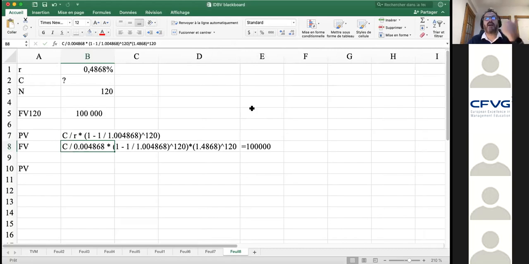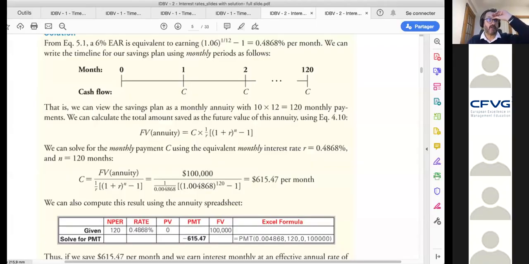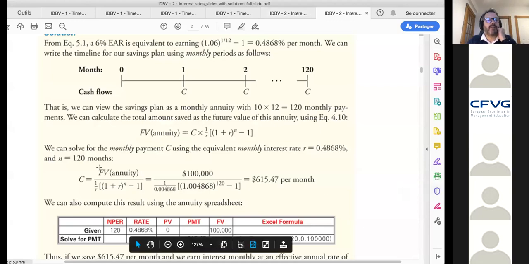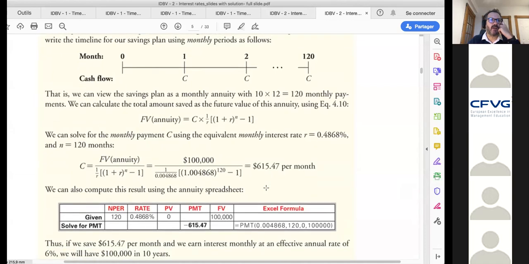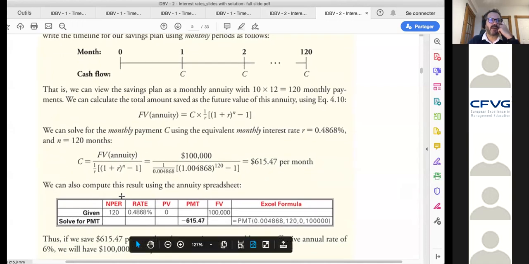I don't know if someone has something to add to this, but that should be okay, I think. And so this is how you can solve it by going from the present value to the rest. And this is what they do, but they do it in one step here. Okay, and so they recalculate C, knowing the future value 100,000, using the annuity formula but searching for C, and so we find 615.47 per month in the calculation. You also have the name of the formula you can use directly in Excel. I don't do it because